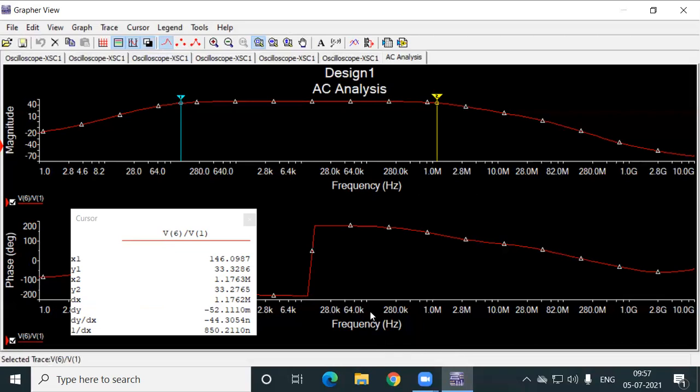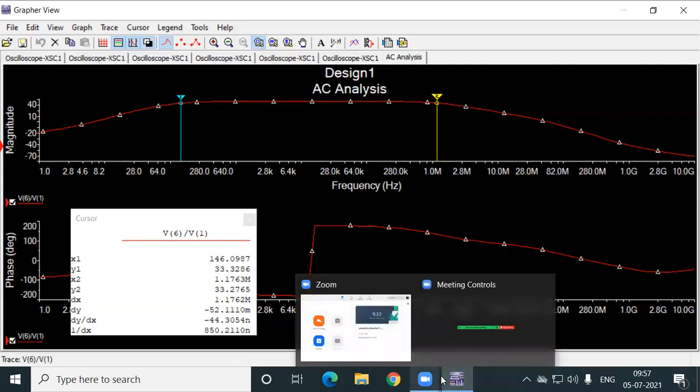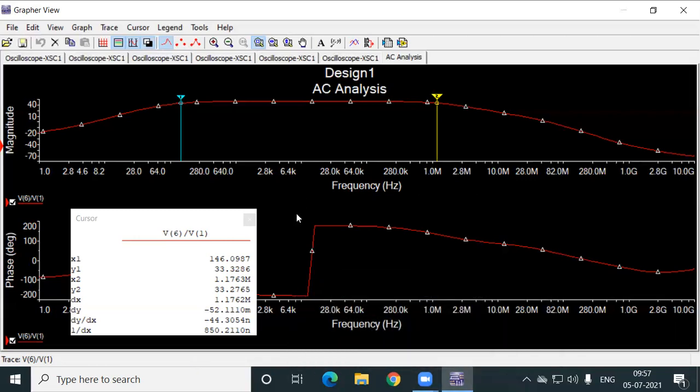Okay. How to take this printout? Here on the keyboard you have the print screen button. Press that one and copy it into Paint, and from there save it, and from there you have to take the output. This is about the Multisim software and how to perform an experiment on Multisim. For that, I have given you a common emitter amplifier as an example.